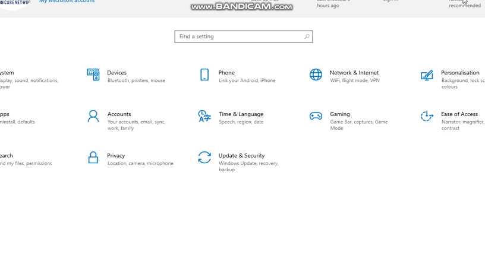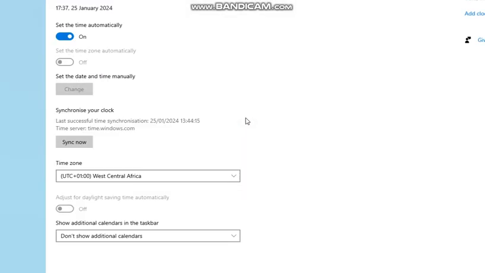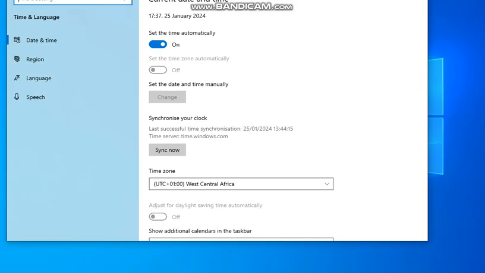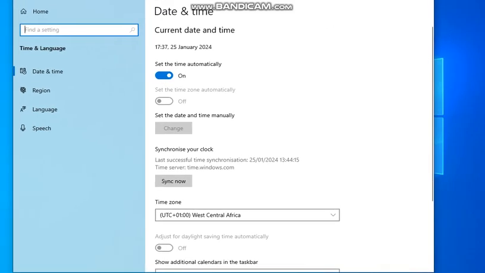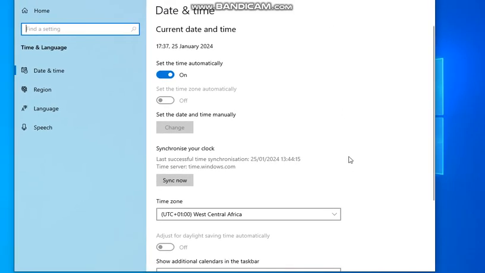So all you're going to do is go to settings on your Windows 10. I believe it should take you here. Yeah, so when it takes you here, you are going to click on this time and region. Yeah, time and language, speech, region, and date. So we are going to click there, and then that takes us to, yeah. So when this is done, first you are going to ensure that your time zone is set to your